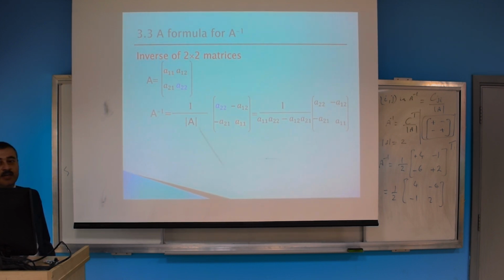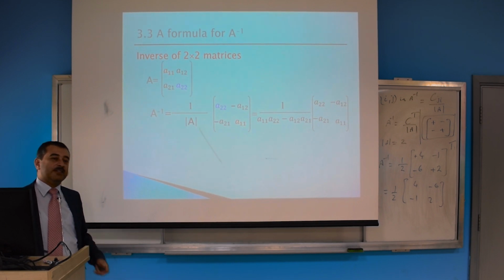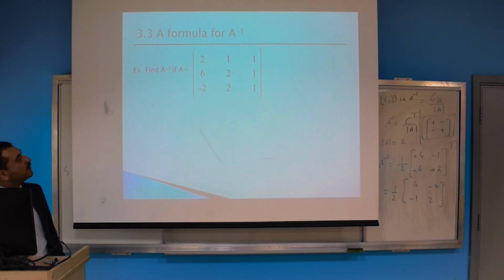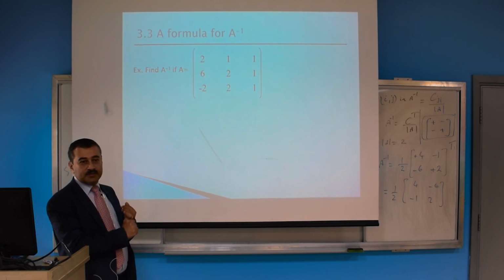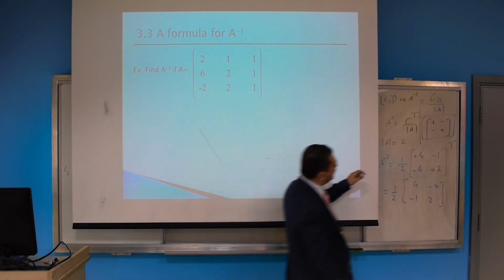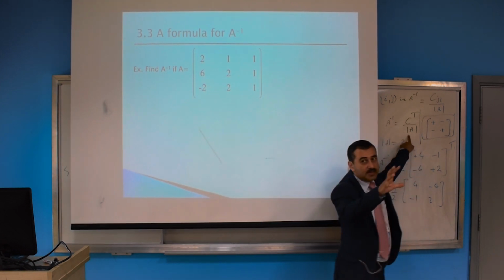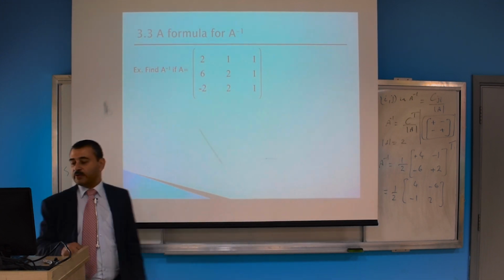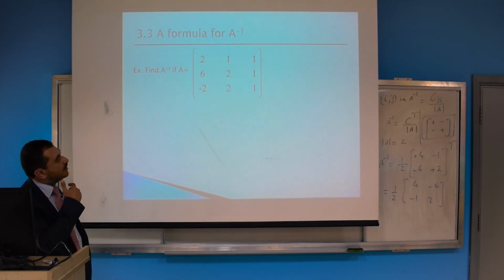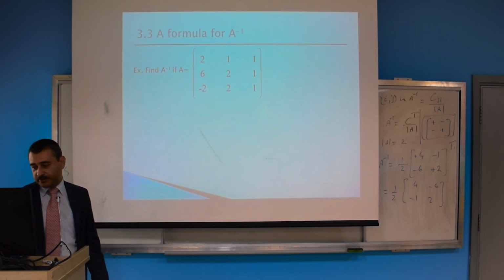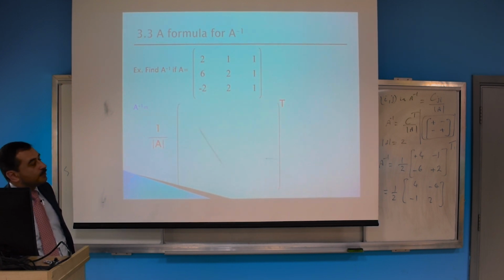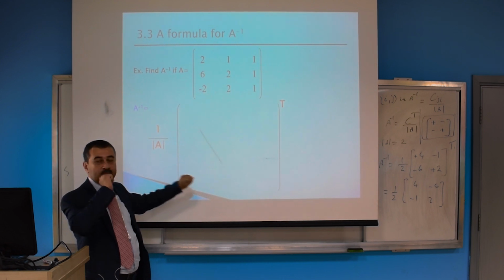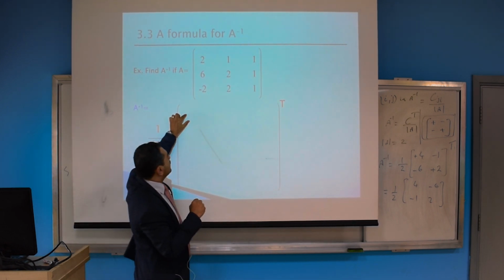Okay, let's look at a higher dimension matrix. You have 3 by 3, what happens? Assume that I want to find the inverse of this guy. The first thing is to find the determinant and then write 1 over the determinant and then multiply it by the cofactor matrix. You can find the determinant using, for example, the cofactor expansion using the first row, whatever. So it would be 1 over the determinant multiplied by the cofactor matrix transpose.